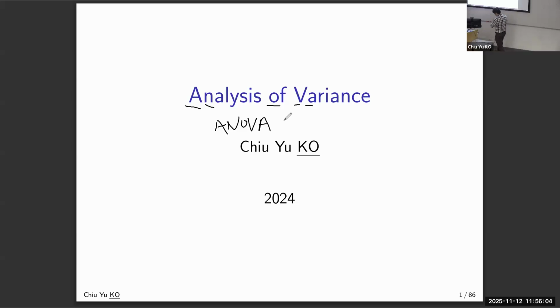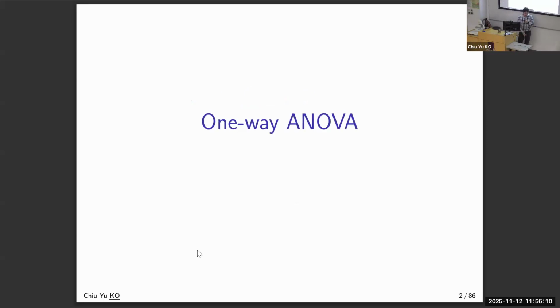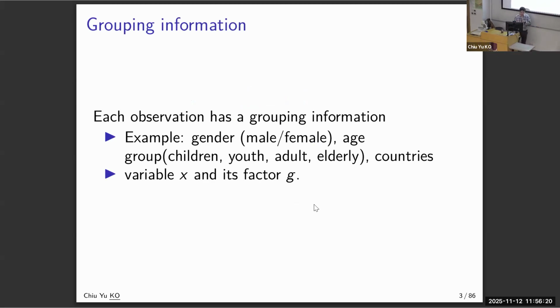So we'll focus on what we call f-tests. We'll call this the one-way ANOVA. I will not do two-way ANOVA because of the time, but one-way ANOVA is not too complicated. You will see. So here is the thing: for each observation, I not only observe the number you want to know,